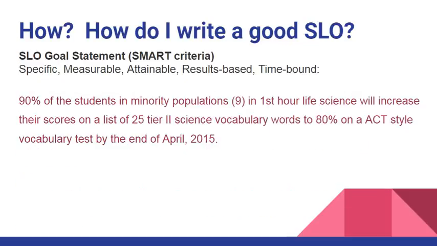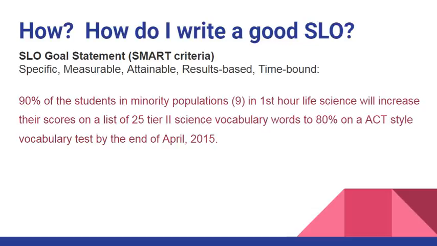My actual SLO reads, 90% of students in minority populations in first hour life science will increase their scores on a list of 25 Tier 2 science vocabulary words to 80% on an ACT style vocabulary test by the end of April 2015. So there, now I've written my goal, and you notice that it is in SMART format, which